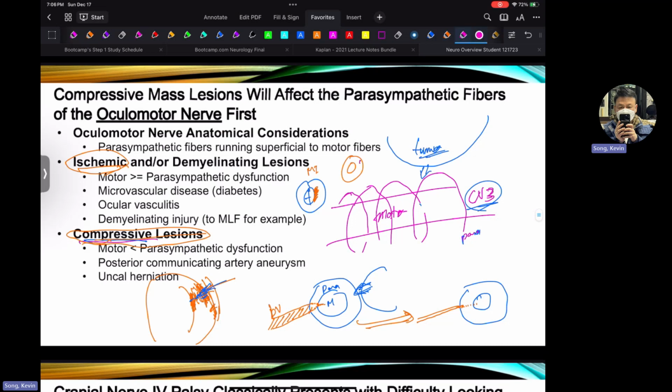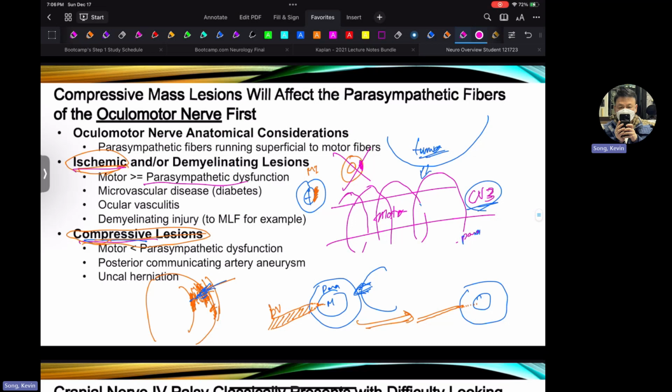No such thing as this part. That never happened. Okay, so the parasympathetic will be affected first. Then it's going to be, so this is very important. This will be in the exam, and I think this is a very fair question, that if you experience some parasympathetic symptoms,